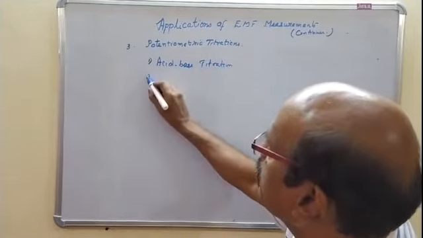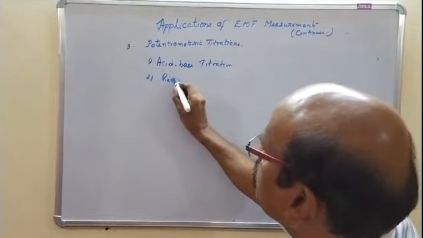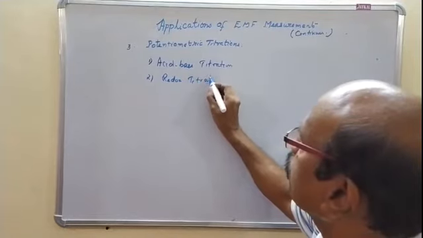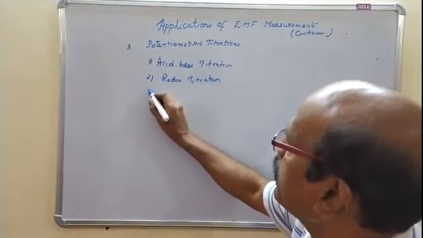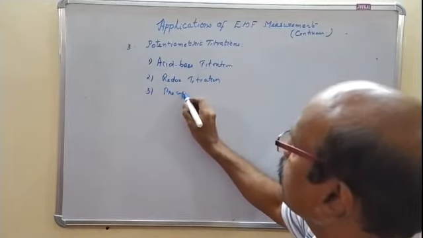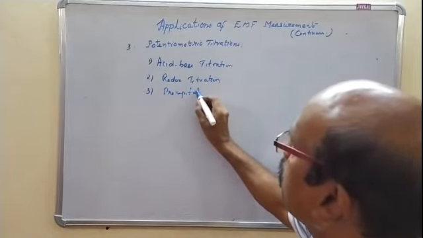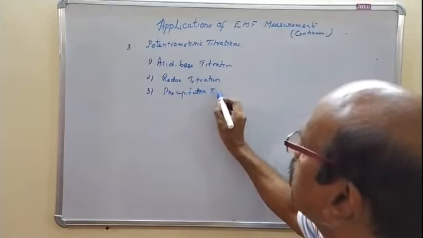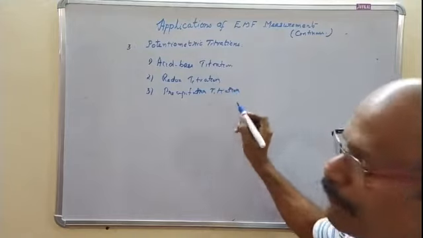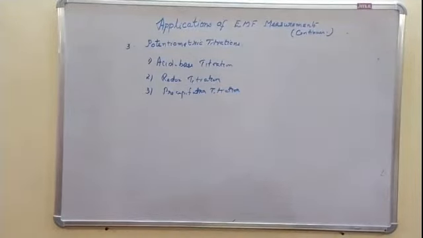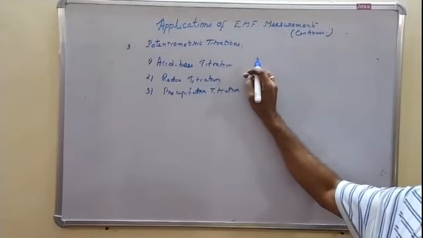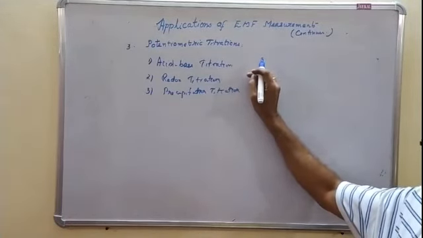Then second, redox titration. And three, precipitation titration. These are the three major titrations that are followed by measuring the change in potential or EMF of the solution. In the case of acid-base titration, for example, HCl against NaOH,